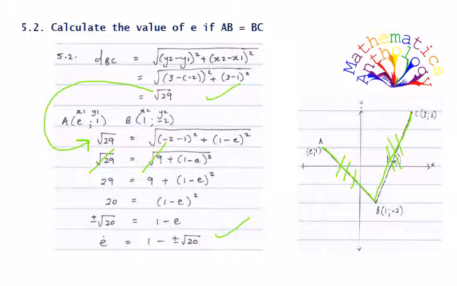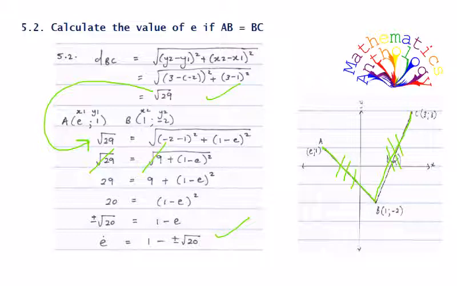But that distance formula can be equal now to the square root of 29, which is the same distance as BC. So we'll end up with an equation that's the square root of 29 is equal to the square root of negative 2 minus 1 all squared plus 1 minus e all squared. We can cancel our square roots off, so we'll end up with 29 is equal to 9 plus 1 minus